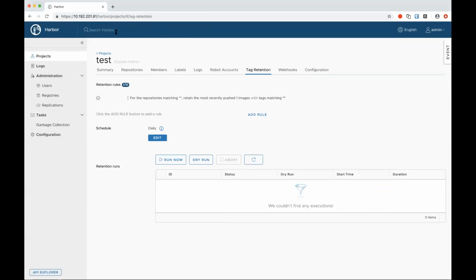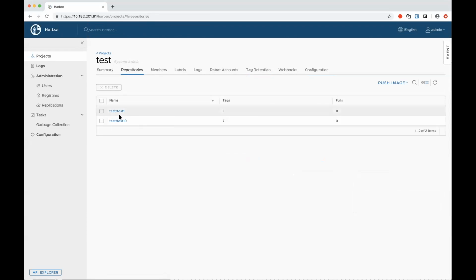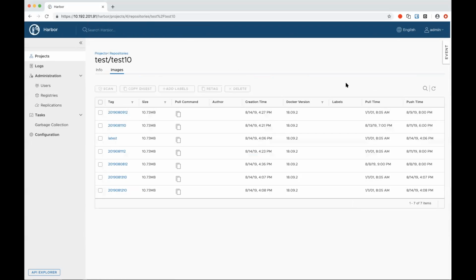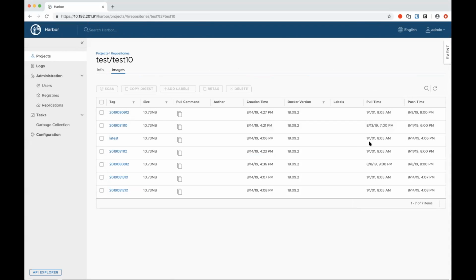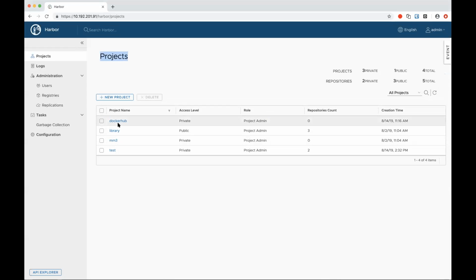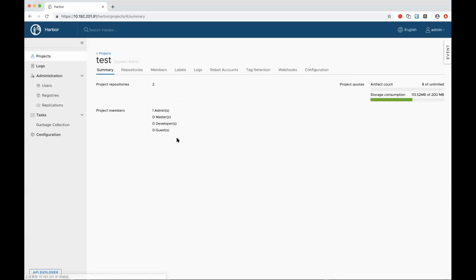Okay, in the past 2 weeks, we have added a small but important new feature. Here we have added the pull time and the push time of the image in our Harbor. So based on this new feature, we also make our tag retention more powerful.